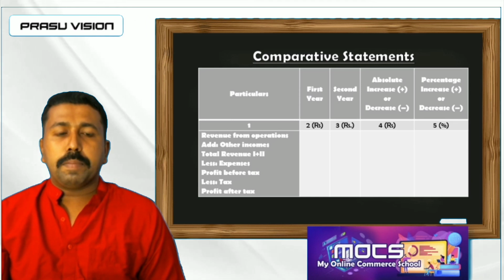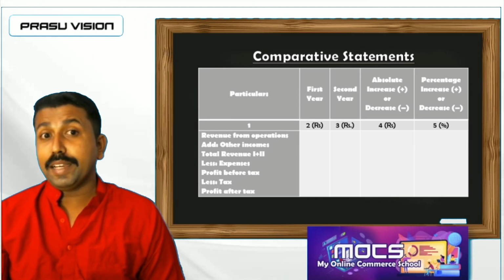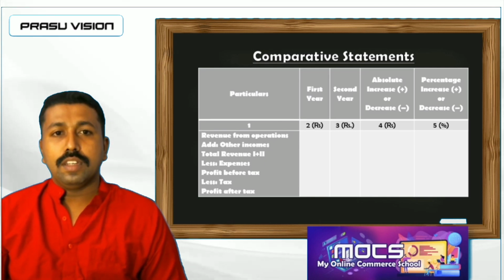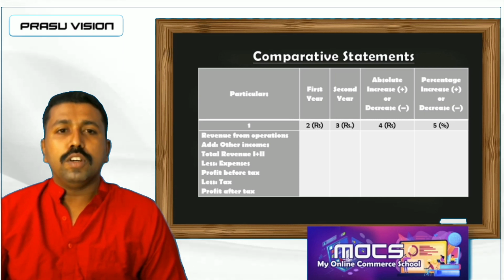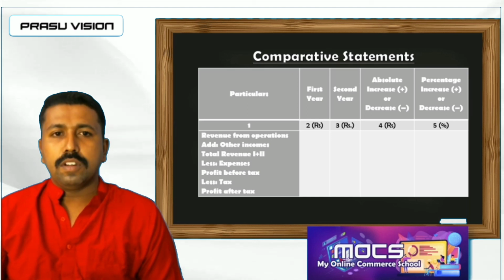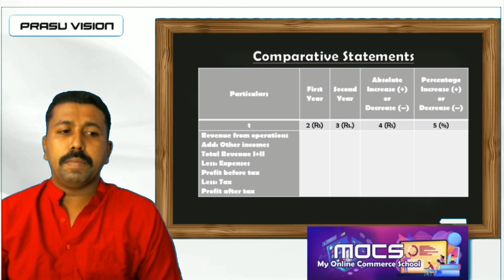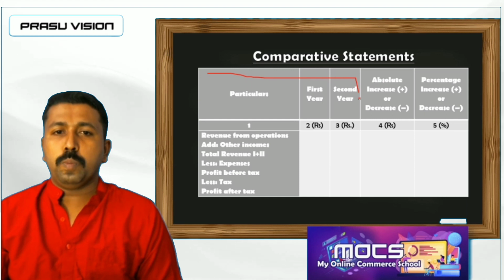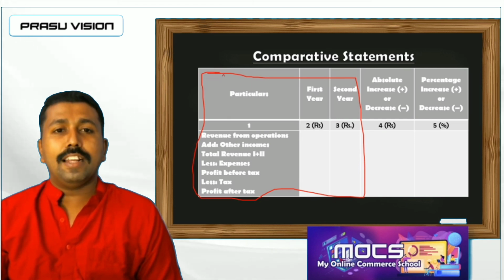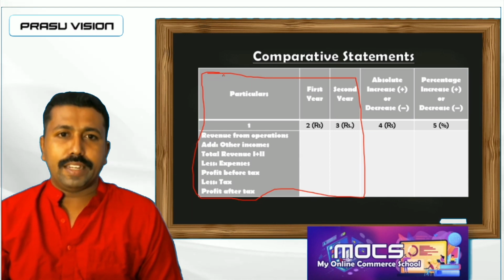In the first two areas, the particular column, we can prepare the comparative statement of balance sheet as well as the comparative statement of profit and loss. The comparative statement of profit and loss, or we can say comparative income statement, and the comparative balance sheet we have to prepare. The first two areas indicate these two parts, including the current year and previous year amount columns, that will be given in the form of a question. If it is a balance sheet, you will get the details as per the order in the form of a balance sheet.